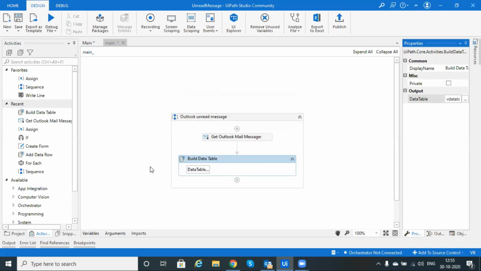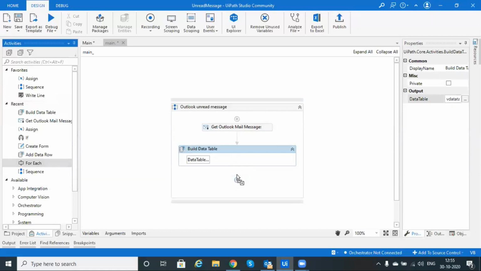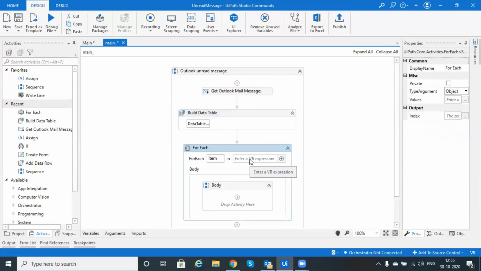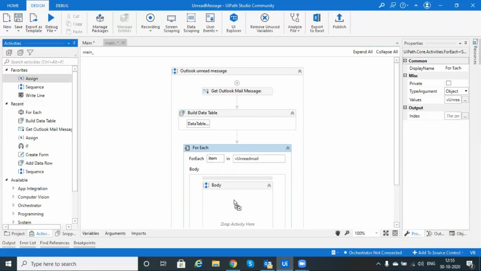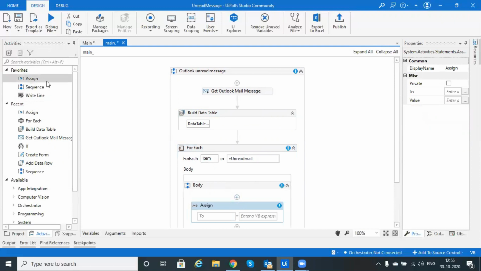If you want multiple data from the mail, you can use a loop. So here I will use For Each, and I will mention in v unread message, right?